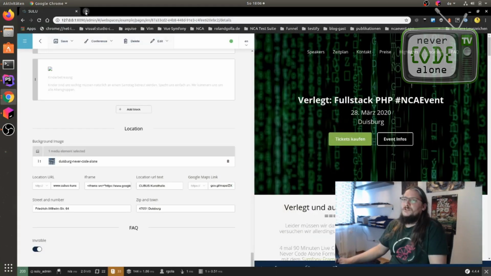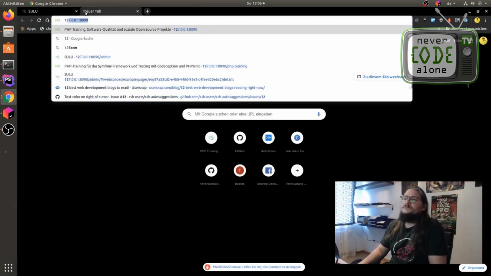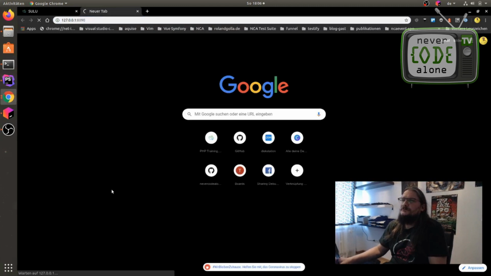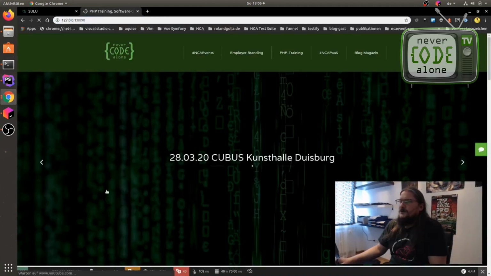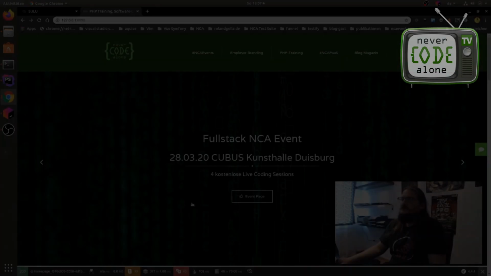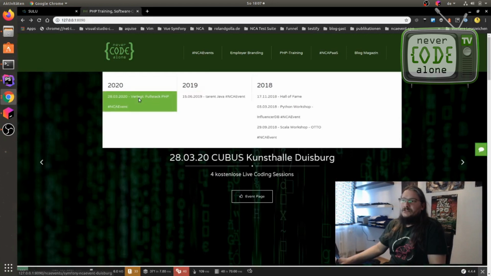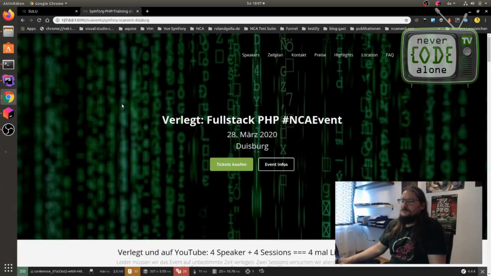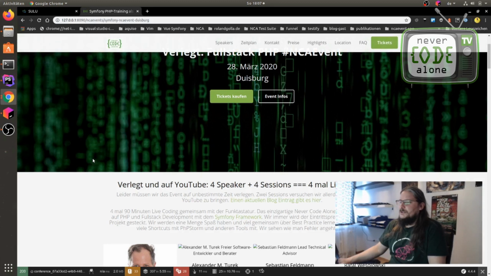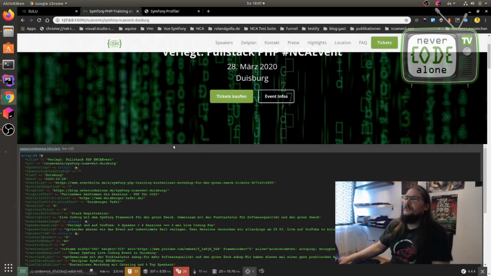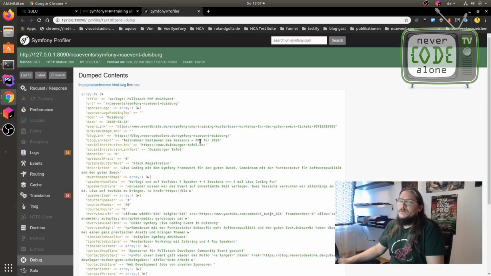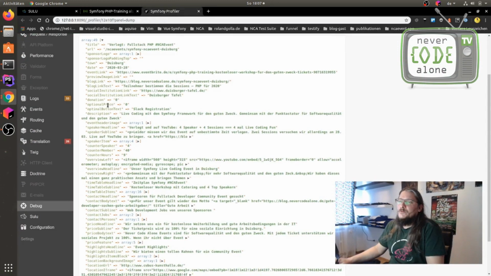Now I go to the front end, go to the event, and when I see here, to move to the side and open it in a new window, then I will have here our optional price, our optional button text.